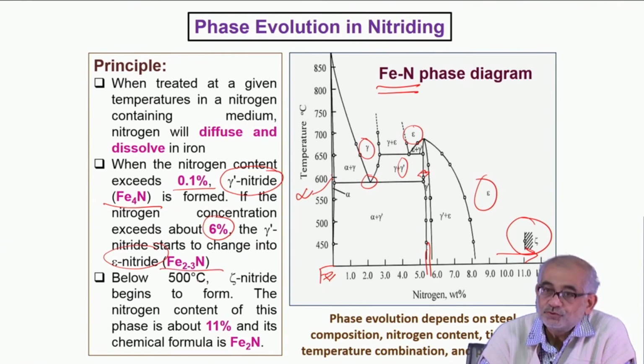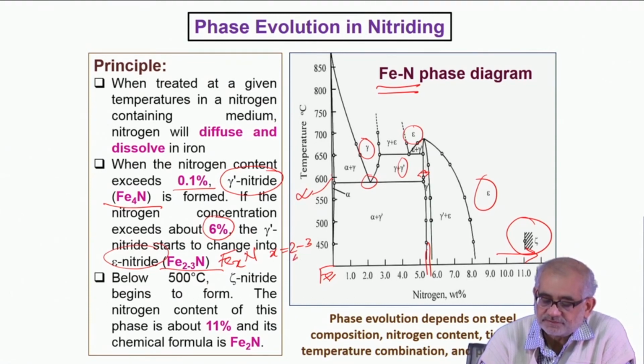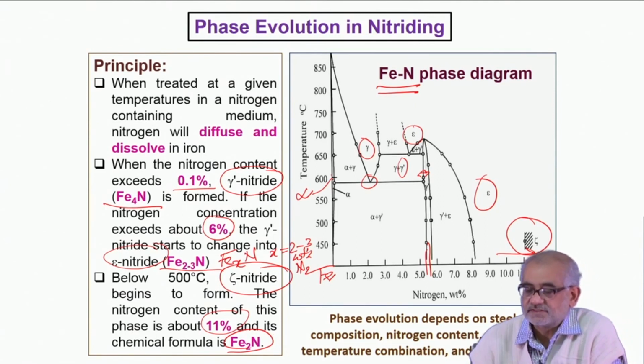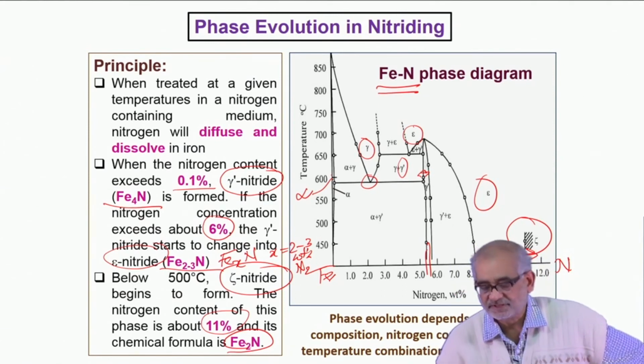which is typically FeXN, and this X can be anything like 2 to 3. So as I said, this is not a line compound, not a fixed stoichiometry, but a variable stoichiometry compound, and X can be anything between 2 to 3 weight percent of nitrogen. But if we go beyond, then we may form another nitride, which is the zeta nitride, and this forms typically around 11-12 weight percent of nitrogen, and the stoichiometry is expressed as Fe2N. And as I said, beyond that is a domain which is not useful to any engineering applications, and hence is